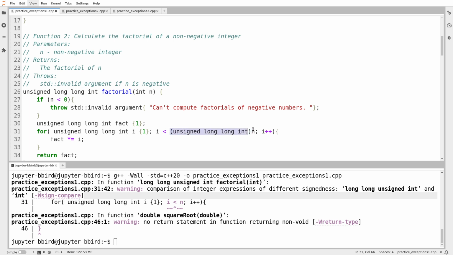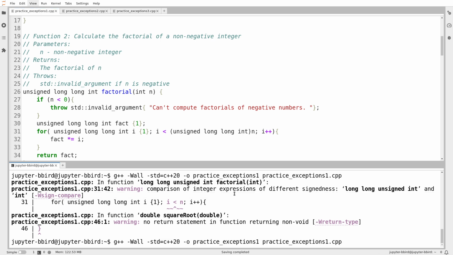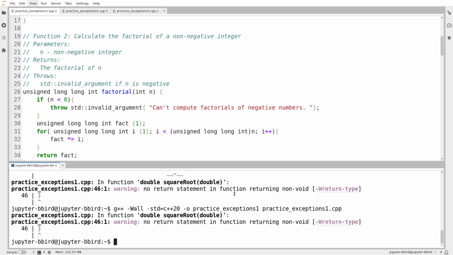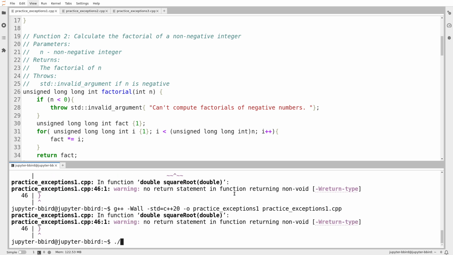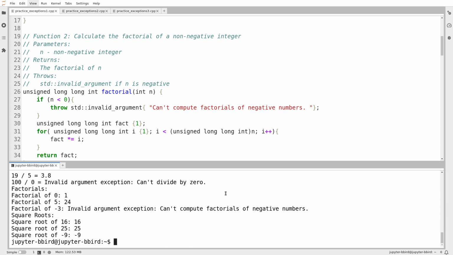This is a C-style cast. There are those in the C++ community that would argue that I should use a C++ cast. I am not one of those people. I'm going to use a C-style cast for numerical casting. So that's going to make the warning go away, and it's nice if the compiler doesn't complain. Okay. Yeah, good. Okay, so I'm going to run this, and let's see what happens.